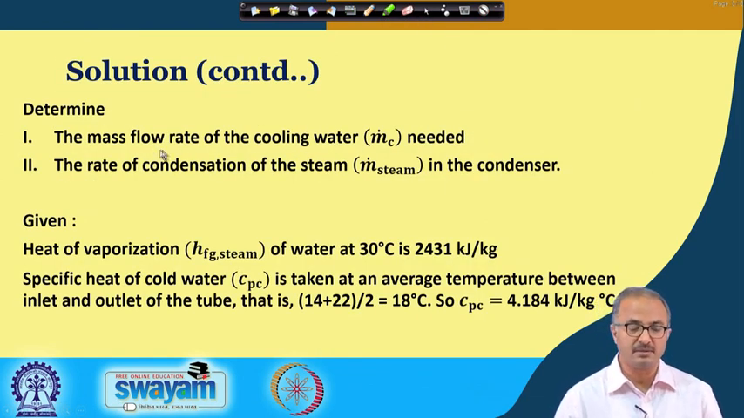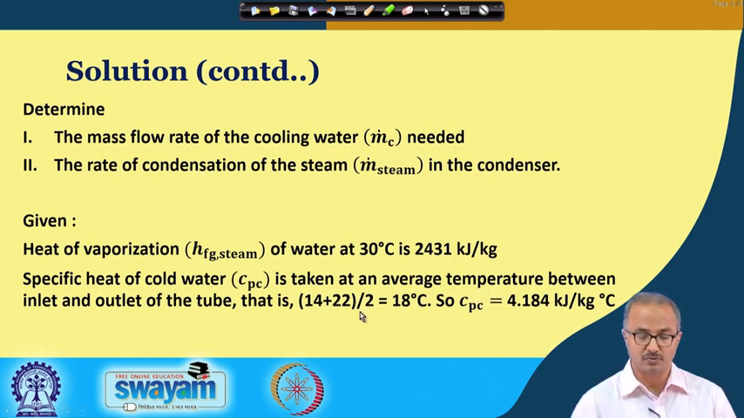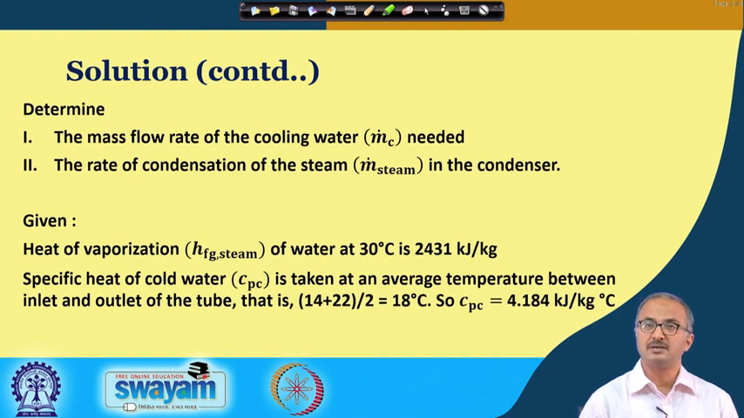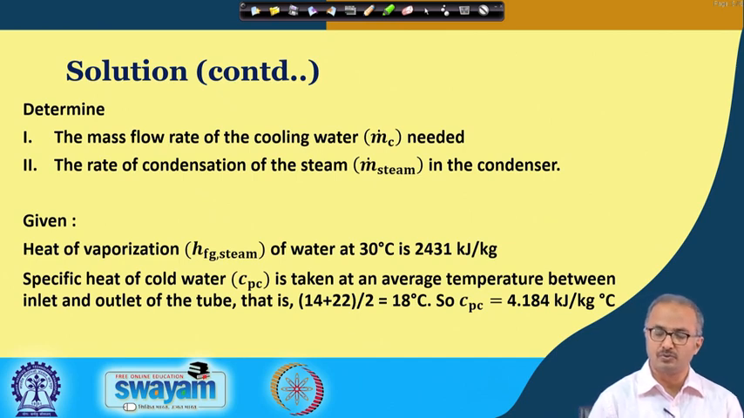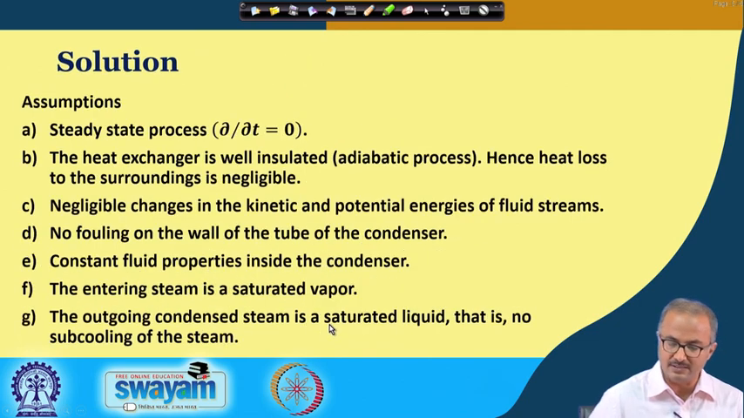Now, we have to determine the mass flow rate of the cooling water needed and the rate of condensation of the steam in the condenser. Given is the heat of vaporization as 2431 kilojoule per kg at 30 degrees centigrade, and the specific heat of cold water is given at an average temperature, that is 14 plus 22 divided by 2, that is 18 degrees centigrade. This is an assumption. For more rigor, you should find the specific heat from some correlation. Suppose the specific heat is given like this,